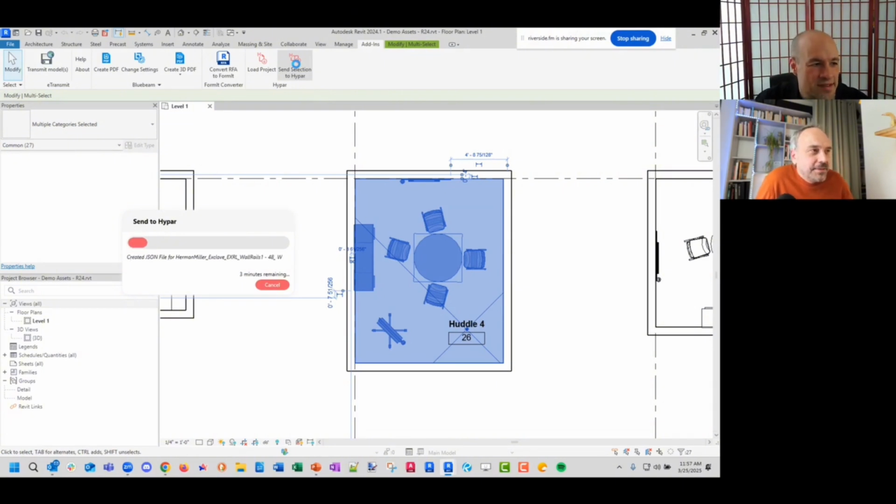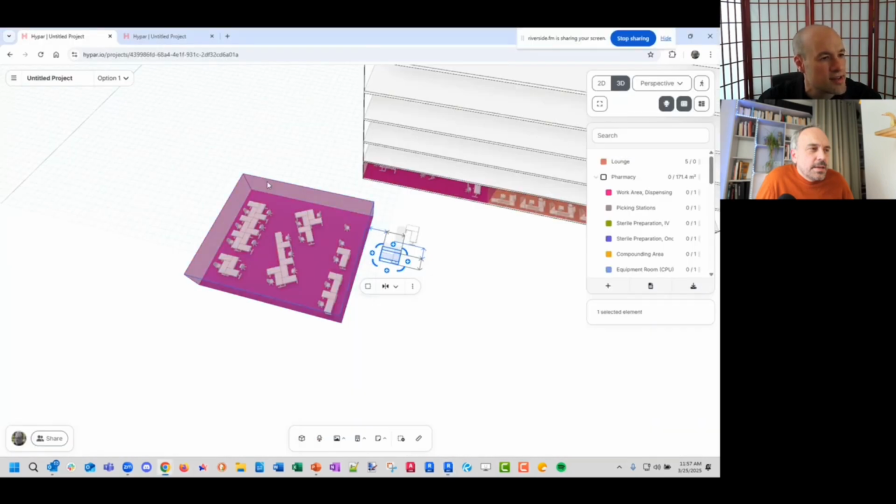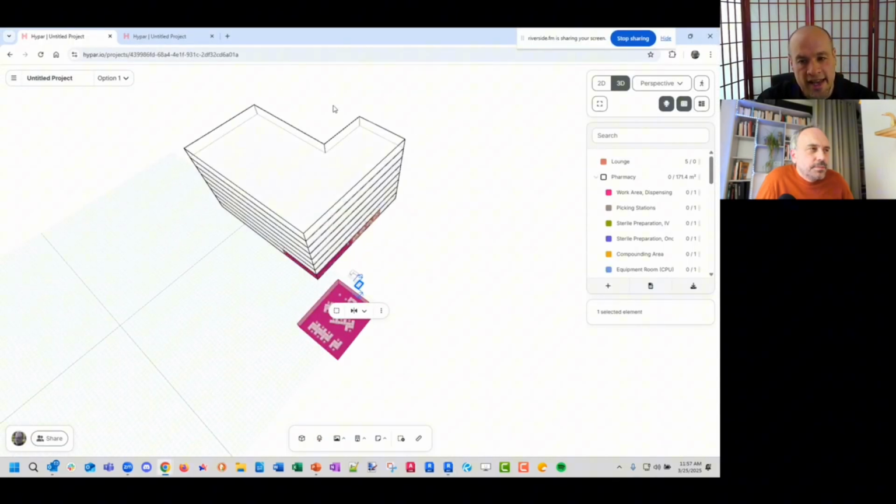Yeah. So I'm sending, this is if you have room types. Right now I'm taking a room type in Revit and sending it up to Hypar. Now we don't have to sit here and watch it process as it gets ready. What we can do is go back into Hypar because we're going to get a warning that there's something ready to be placed in here.